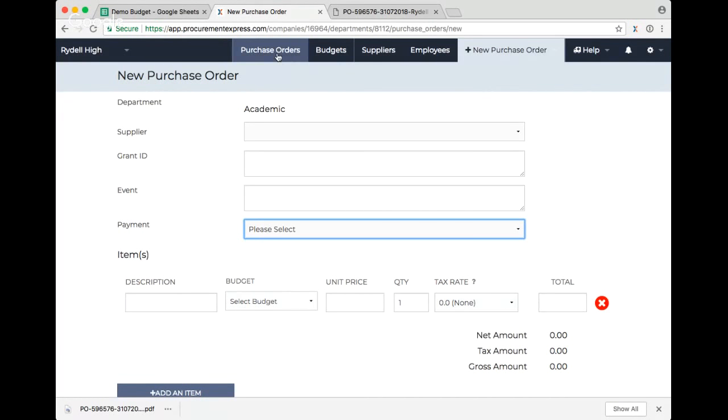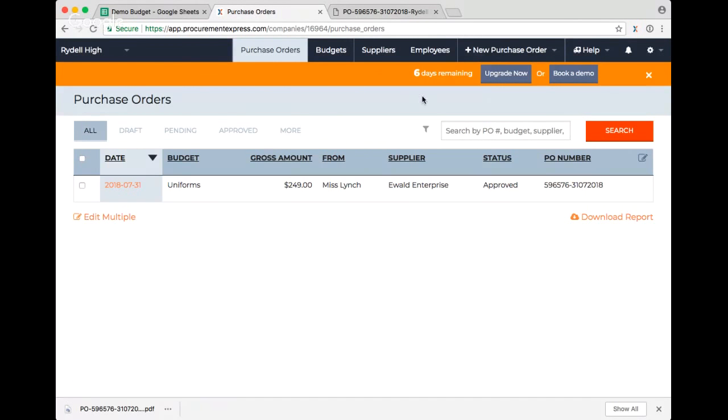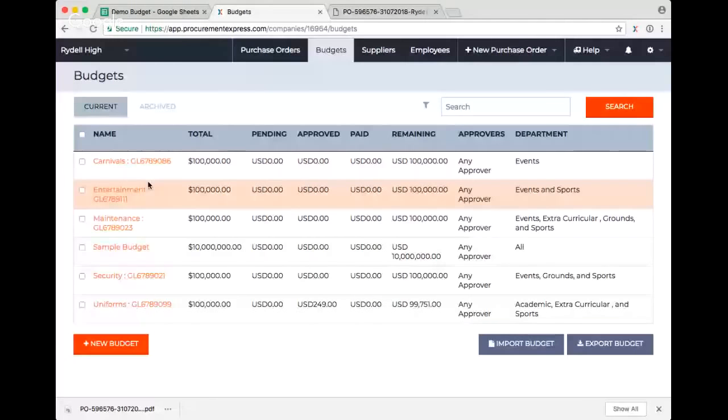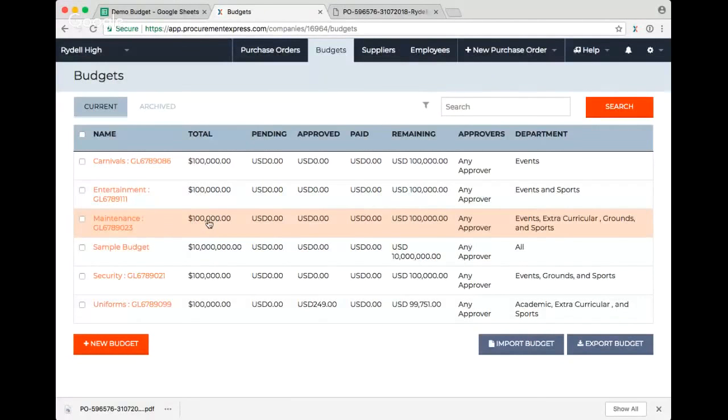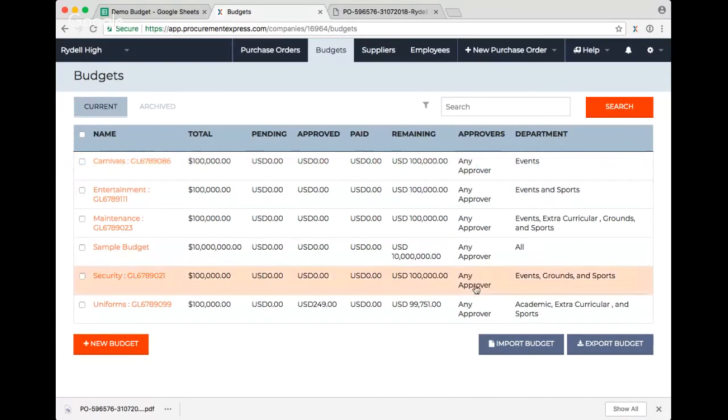Wanted to show you also the transparency on things. So when we're setting up budgets, it will say, okay, so these are particular budgets that we have. We'll put an amount against them, and then we choose who approves here. So I've said any approver here just to keep it simple, but we can set it up so that it goes through an approval workflow each time. So it has to go to person A and then to person B,